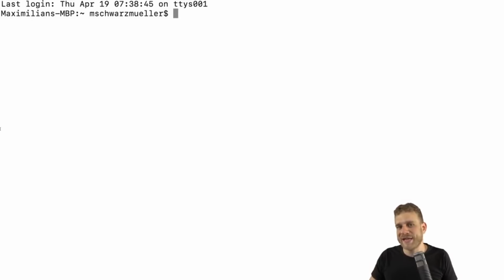Now, I'm using a Mac here, that is why you're seeing a terminal, but the steps are the exact same if you're using Windows in the command prompt. After installing Python, simply enter Python here as a command directly in the terminal or command prompt. After you do this, you should enter this input mode here. You see 3 greater than signs on the left, and this now means you're in the Python console. This is called the REPL, and I will come back to what REPL means in the next module.